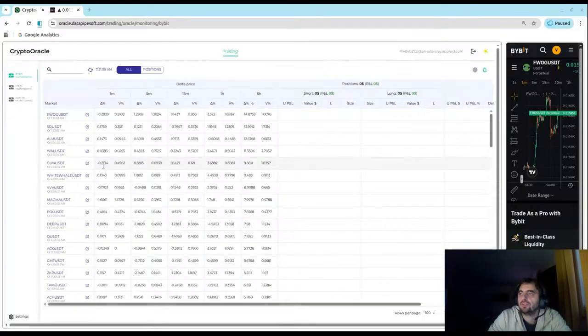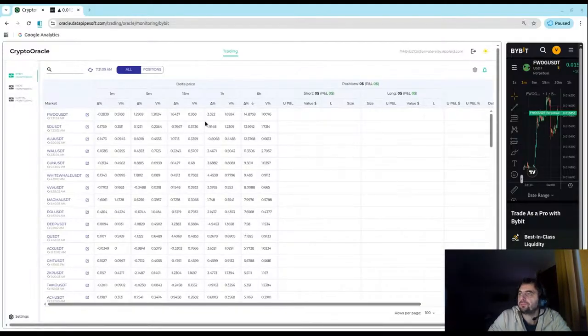The application itself is doing two things. First, it's helping to detect some anomalies for our trading strategies, and the second is helping us to control risk.